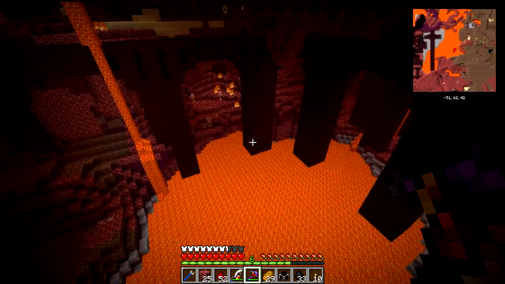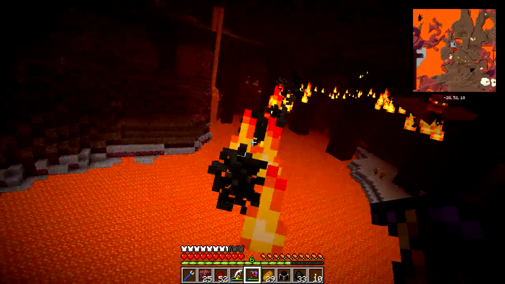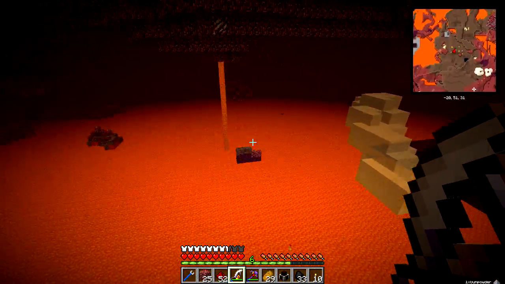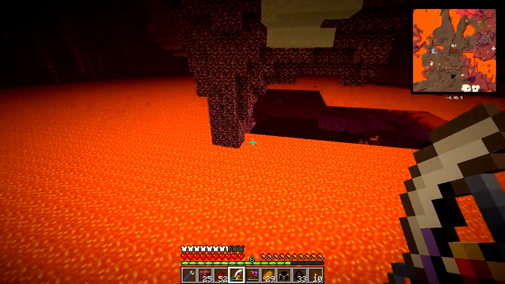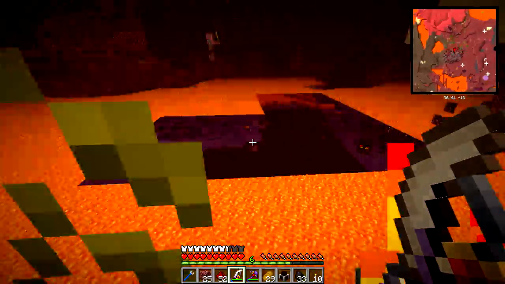Now, here's a lava lake. I'm not sure if you... Yep, this is the lava lake that I had intended to use. I think I'm being attacked. I am being attacked by another fire bat. There. No longer. Now, my intention... Let's see, where exactly in this lava lake do I want...